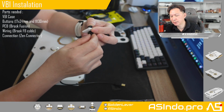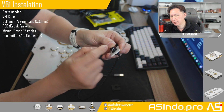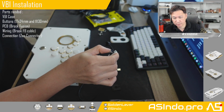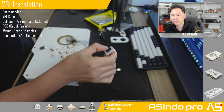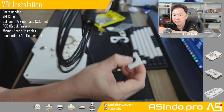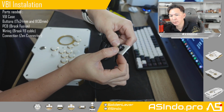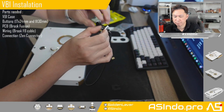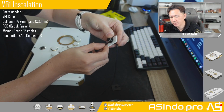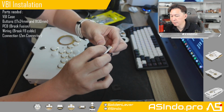Make sure it's facing in this direction, because if it's at an angle, you will have difficulties when plugging in the installing, because there are also the red dots. So red dot will meet with red dots. So install red dot facing there,